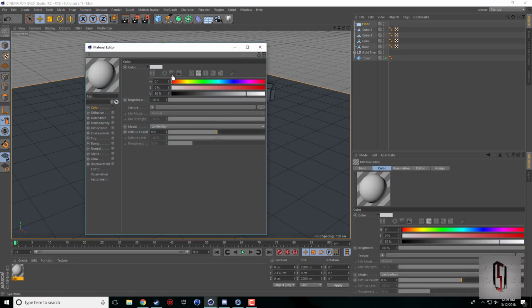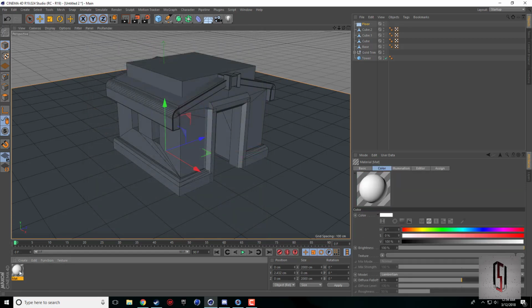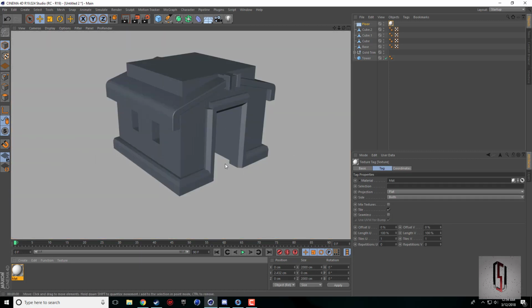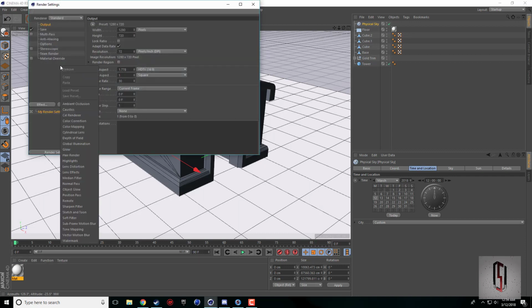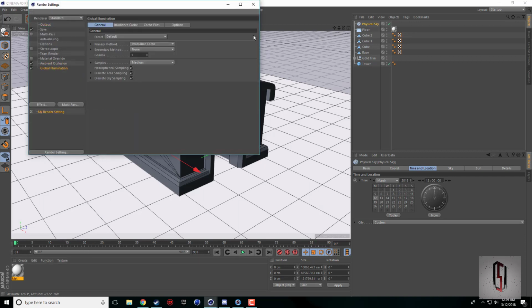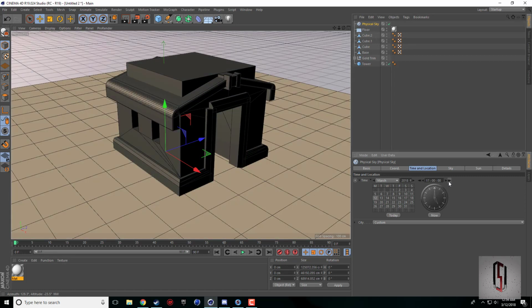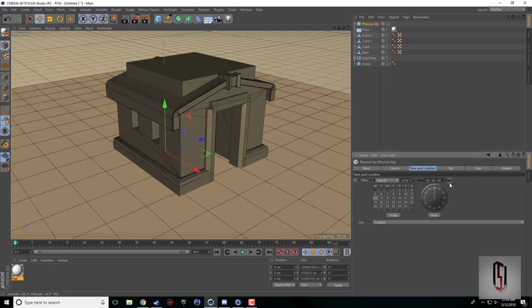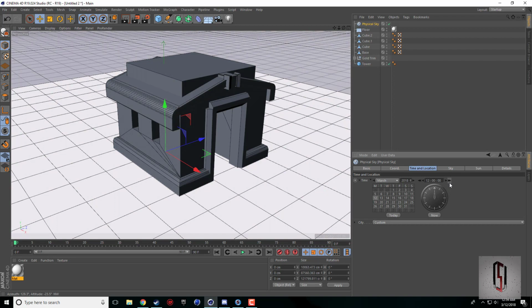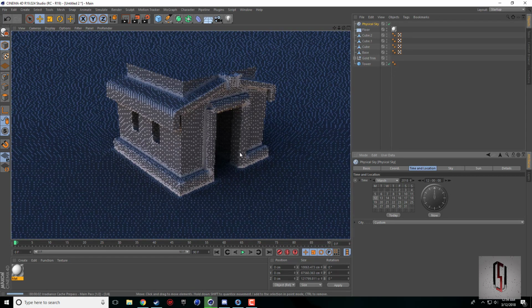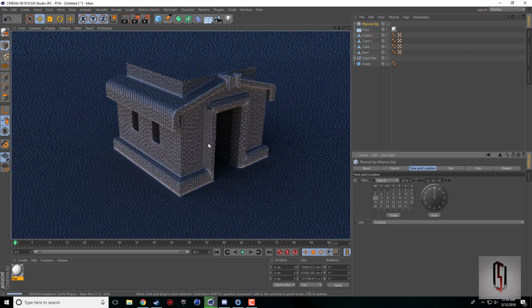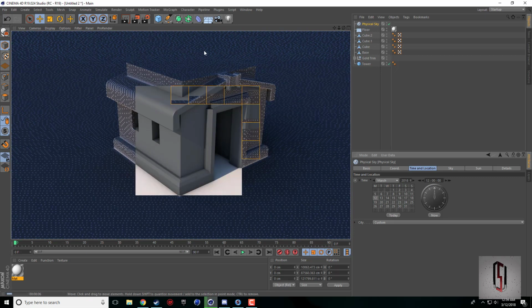Just make this an all white material. Throw that on the floor. So that looks terrible right now, but if you do throw physical sky on there, ambient occlusion, global illumination, you can take your physical sky and you can pick the time of day. So I'm just going to shoot through the times, make the shadows come on the front. We can render this out quickly. Doesn't take too long, and we get this